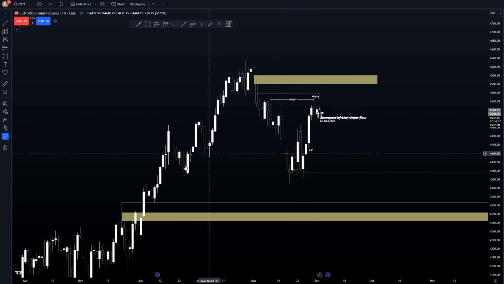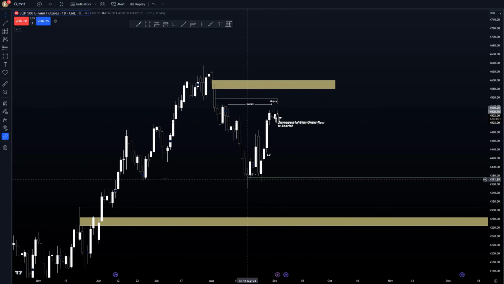Now the next target that we want to look for is these down close candles. Does it disrespect or respect it? Price came down, it had disrespected it, but also there was no displacement over the low. There was just a wick close, so this is failed displacement, or also known as a liquidity sweep. So in this liquidity sweep, we are looking for price to come back up and retrace into something to come